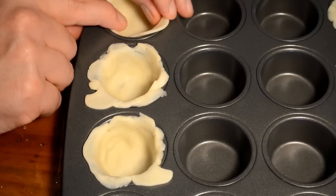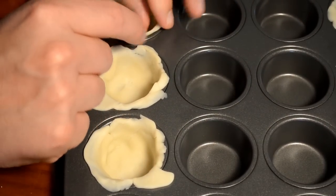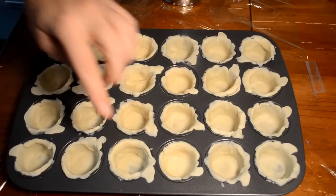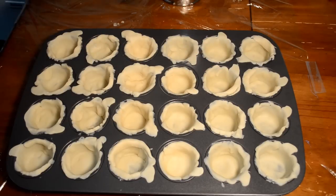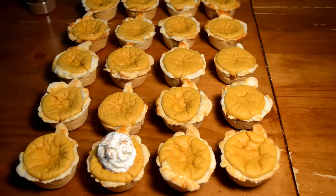You can see about half of that on your screen, I think. Okay, I got all the little crust. See where I made, oh, the Halloween